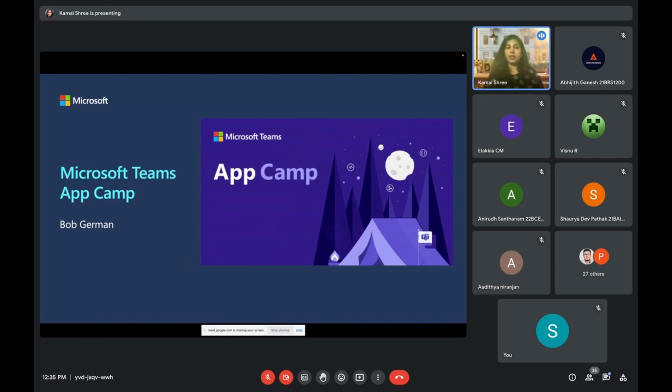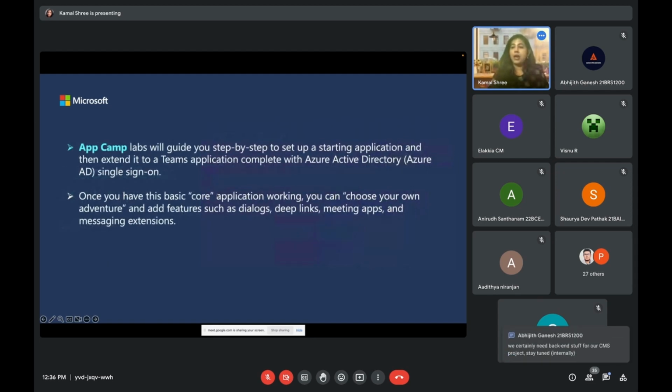Now, there is something called Microsoft Teams AppCamp, which was started by my colleague Bob German. He'll also be a part of this session maybe next week or so when people opt for track two. So this was built keeping a few things in mind. If I'm building an application from scratch, I can use Teams Toolkit and start using it, right?